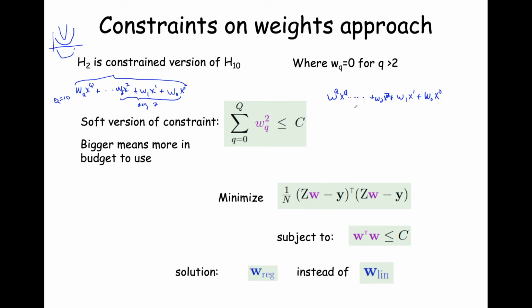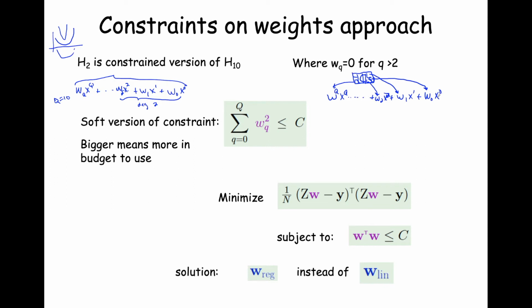XQ. Now, what that's doing is, imagine you have a number C, and C is a budget or a certain amount of weight. Now, what you're basically doing is taking this C and chopping it up into pieces, and saying, okay, X0 is going to get this piece, the 10th term is going to get that piece, this next piece is going to go to X2, this next piece. And so imagine chopping this up into pieces, and each of these weights gets a piece of that total weight. You're sort of handing it out from a budget. And once you get C units of weight